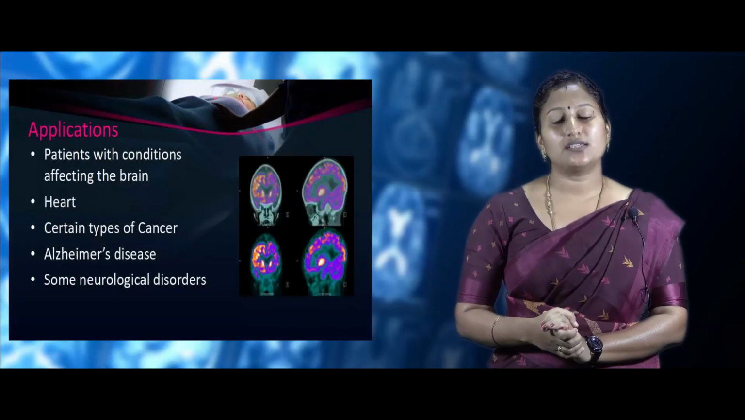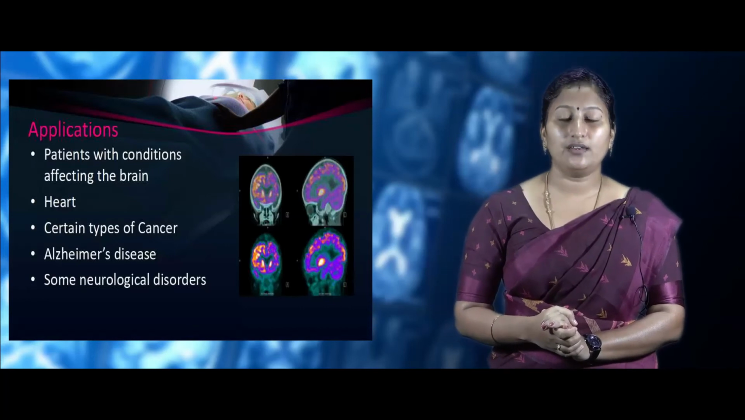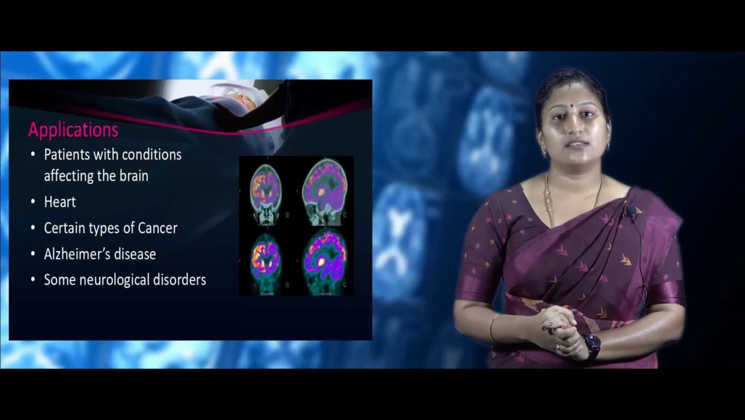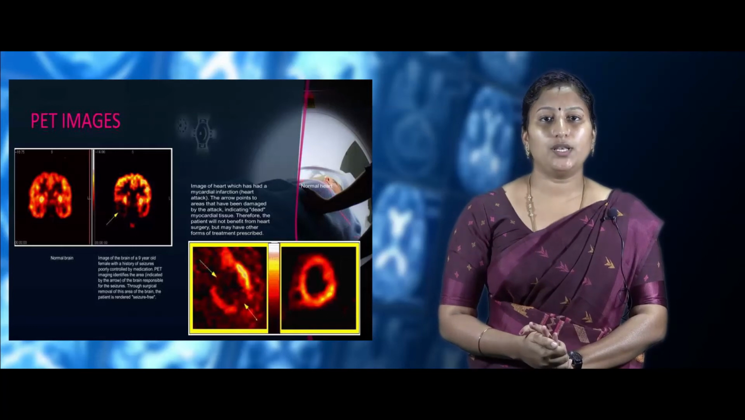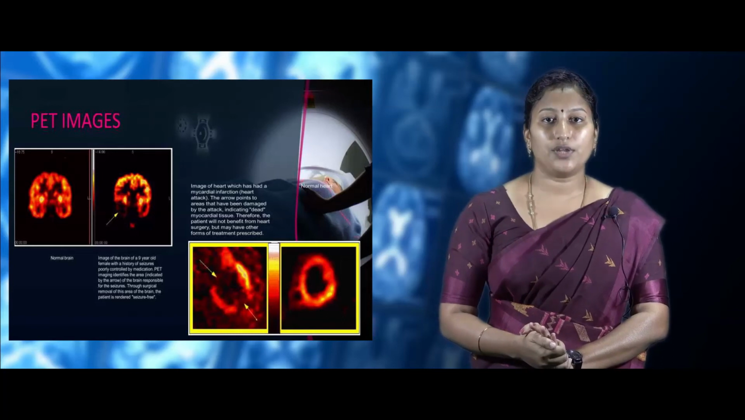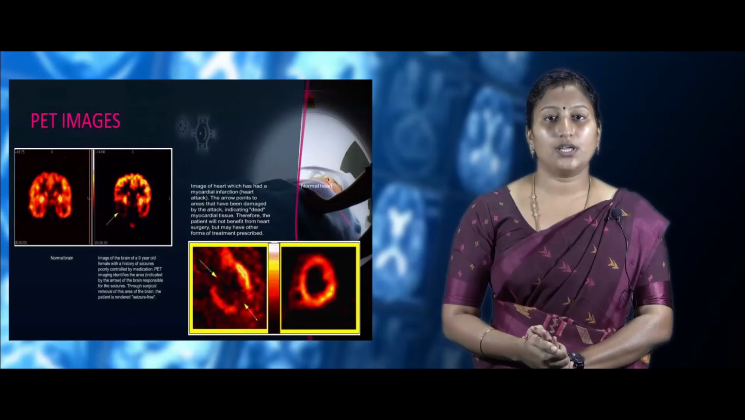Applications: PET scan is highly used in patients with conditions affecting the brain, heart, certain kinds of cancers, Alzheimer's disease and some neurological disorders. In this slide, a comparison between normal and affected tissues in PET images is shown. The first image depicts a comparison between a normal brain and a seizure-affected brain of a 9-year-old female. The second image shows a comparison between a heart affected by myocardial infarction and a normal